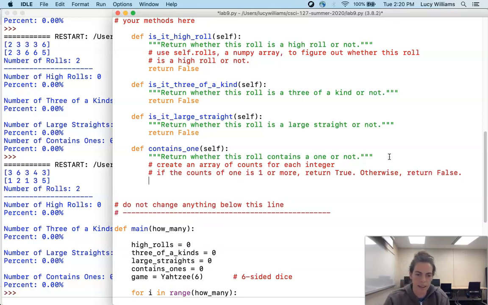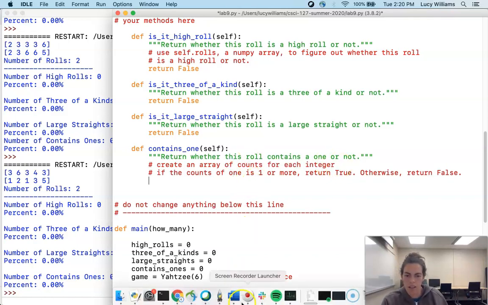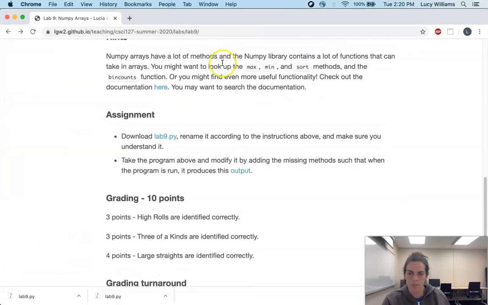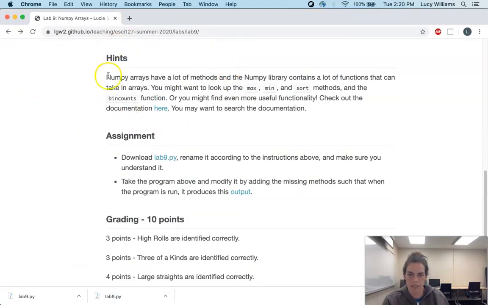The only reason that I am suggesting this as a possible solution is that NumPy actually has a really nice function for doing exactly this. And I will show it to you via the documentation. So here we're returning to this hints section. It says NumPy arrays have a lot of methods, and the NumPy library contains a lot of functions that can take in arrays and do computations on them. You might want to look up the max, min, and sort methods and the bincount function. And you might also have other ideas while searching